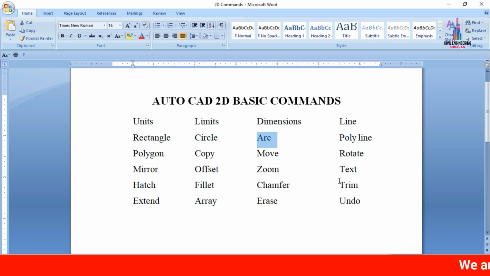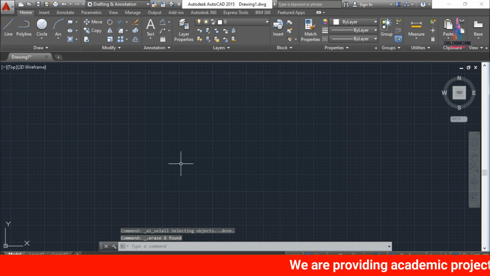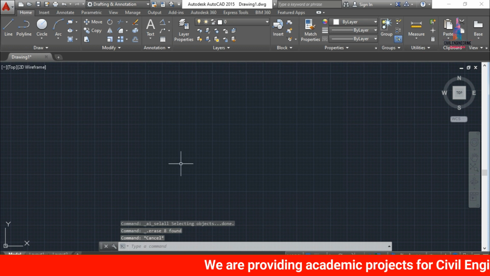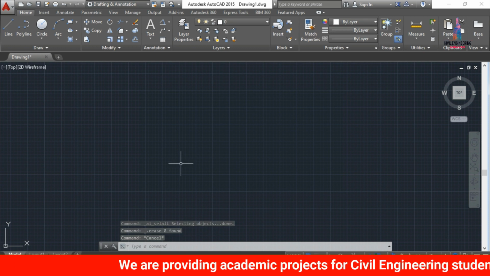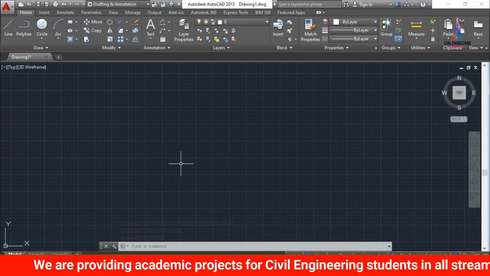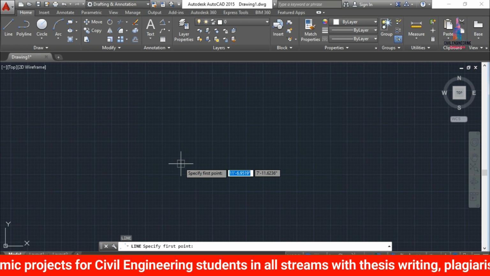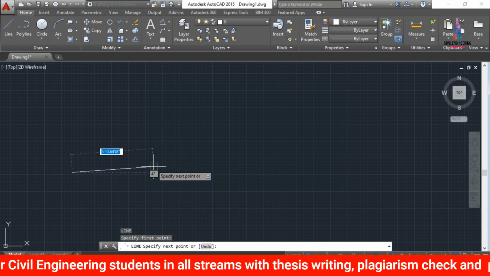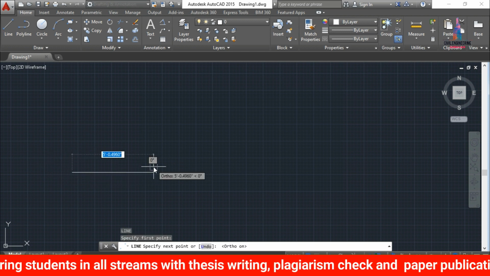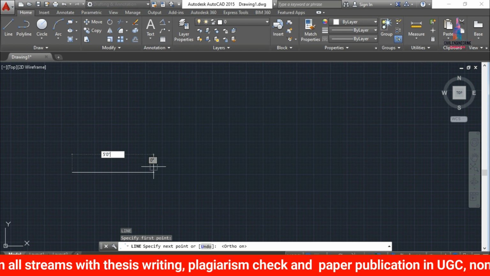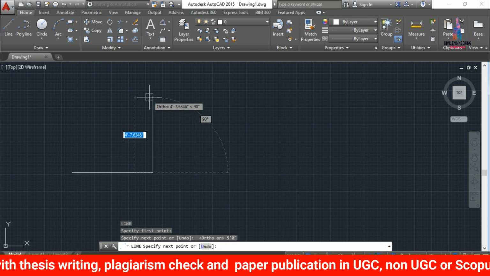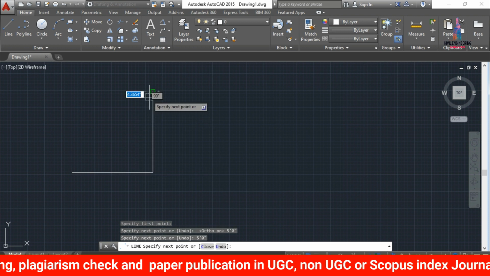After this, the next command is the polyline command. I will explain one simple example related to drawing a rectangle by using the line command and the polyline command, so that you can easily understand the concept of the polyline. Let us consider the line command, L, enter option. Select the starting point, click on F8 option. Here I am taking a line of 5 feet 0 inches horizontal. Again I am taking 5 feet 0 inches in vertical position.